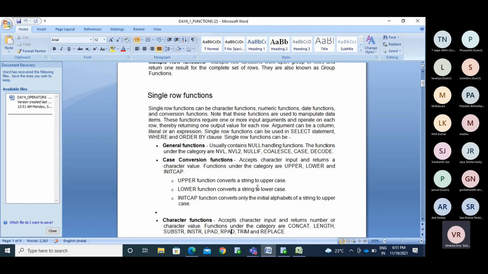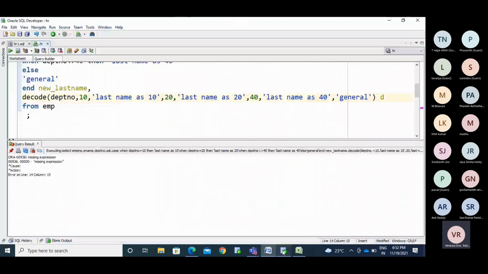However the format is in the data, I need the output as uppercase. So I will use the upper function. If I want to make it lower, I will use lower. For init cap, the initial letter should be capital for every word.